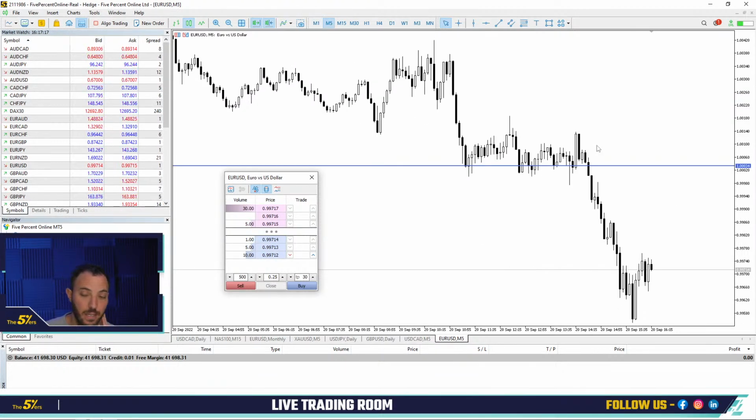Okay, so technically the bias is still to the downside. We're still below the most recent supply, which is this area right here. And this movement up wasn't that significant, so there was not a lot of demand to push the market significantly to the upside. Okay, so we had just a retracement and then bearish activity. So I'm still slightly inclined to the downside,